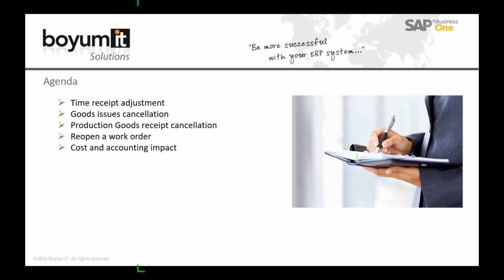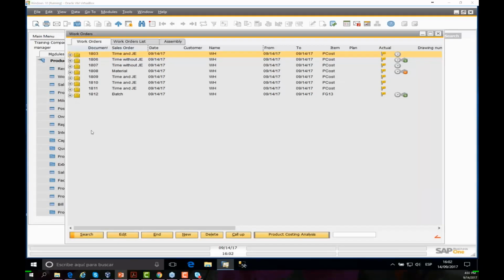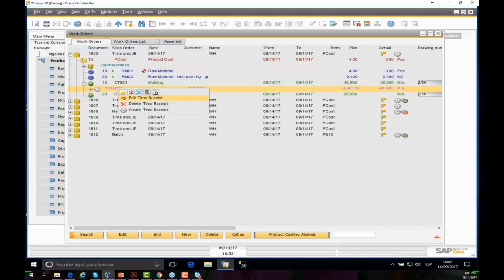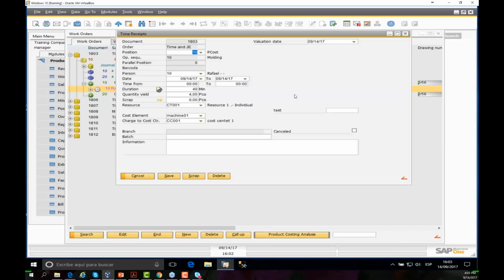Let's go directly to the system to see it. Let's start with an example about the time receipt. When we want to cancel a time receipt, we can cancel this time receipt or modify the time receipt from the work orders. If we go directly over the time receipt, we can double click to modify it. We have the option to modify the information, and also it's possible to